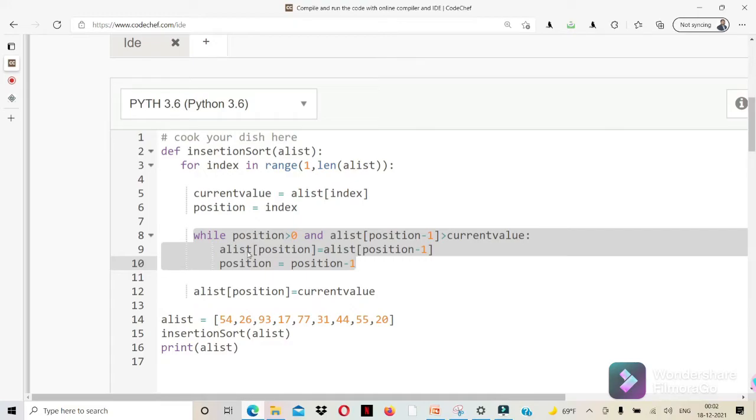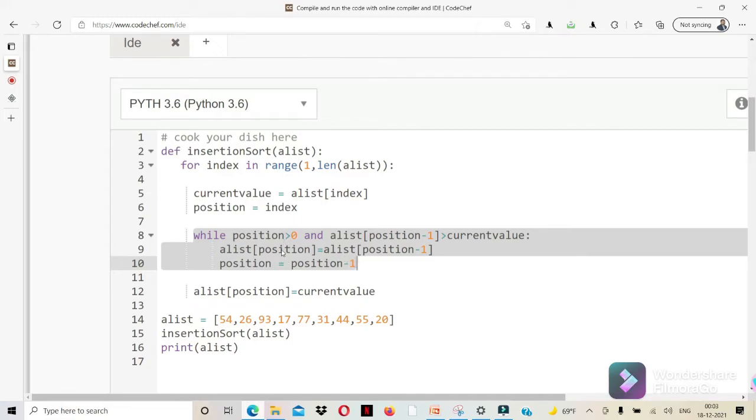So the third position in our array is going to be taken by the second position element. And here position will now become position minus 1. Earlier it is 2, so 2 minus 1 is 1. 1 means second element, 2 means third element, because the array starts from index 0.